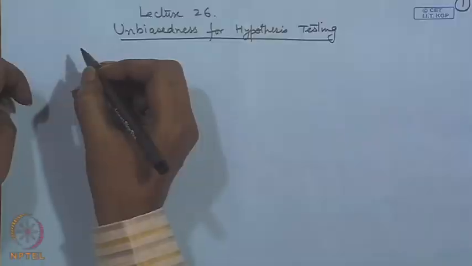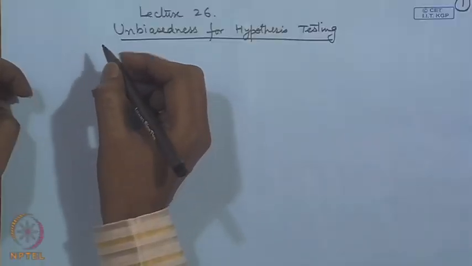Now, if that happens, then we can simply impose an additional condition, which is called a condition of unbiasedness, and then we may try to find out the UMP test among the unbiased tests. So, these are called UMP unbiased tests. So, we may say this condition: